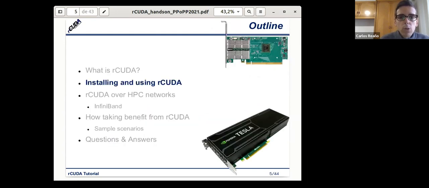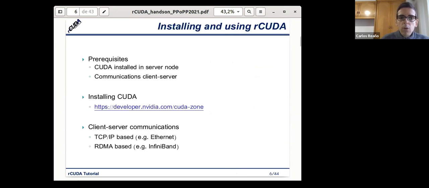So what do we need to do to install and use Arcuda? First of all, we need to have CUDA installed in the node which is going to be the server, the node which actually has the GPU and is going to serve the GPU requests. We need, of course, to have a communication between the node which is going to run the client application and the node which is hosting the GPU, the server.